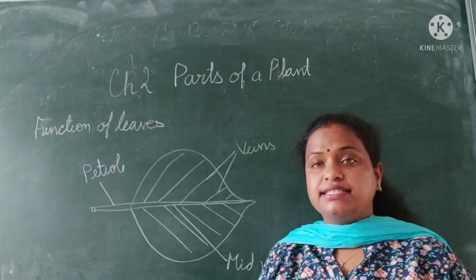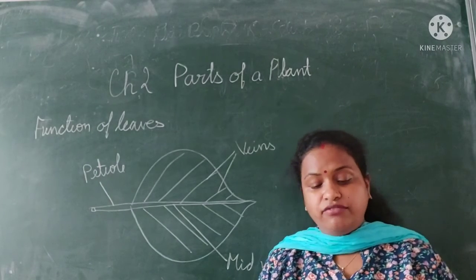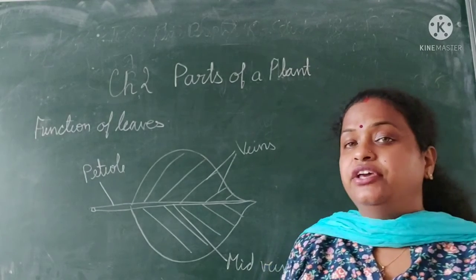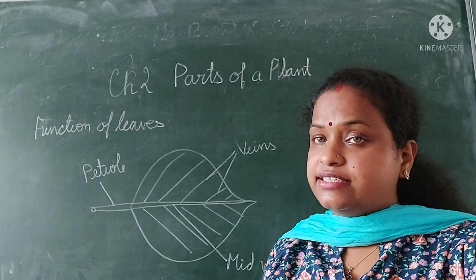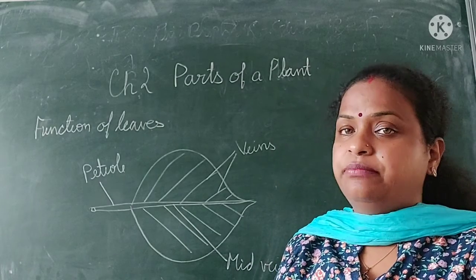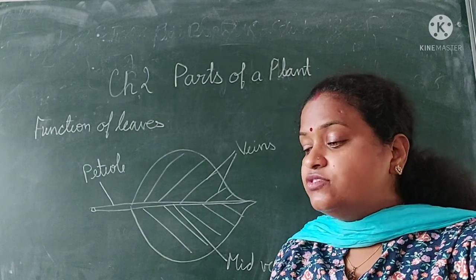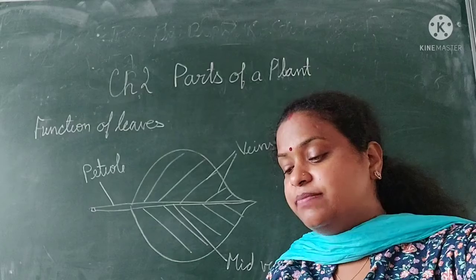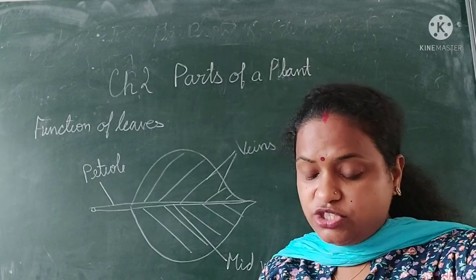During daytime, plants take in carbon dioxide for preparing food and release oxygen. This oxygen is used by living things for breathing. Because if you see, plants give out oxygen and take in carbon dioxide. And that oxygen is used by other animals and human beings. Leaves of some plants store extra food which we eat as vegetables like cabbage, spinach, lettuce, etc.